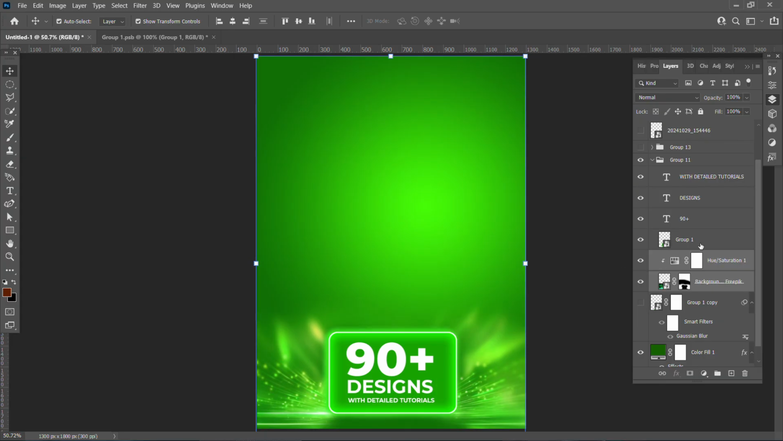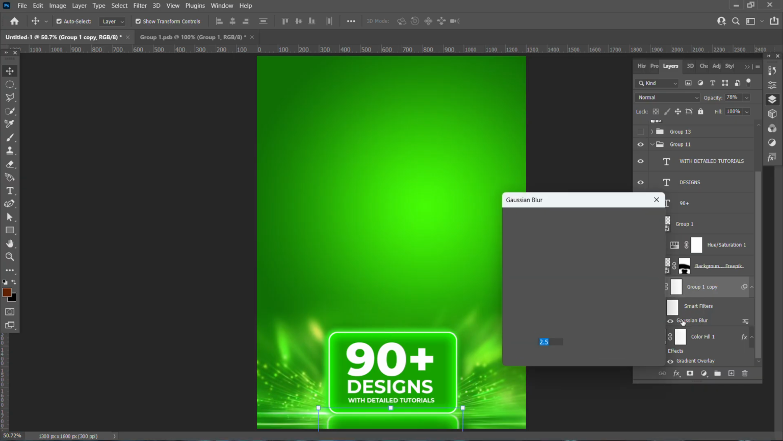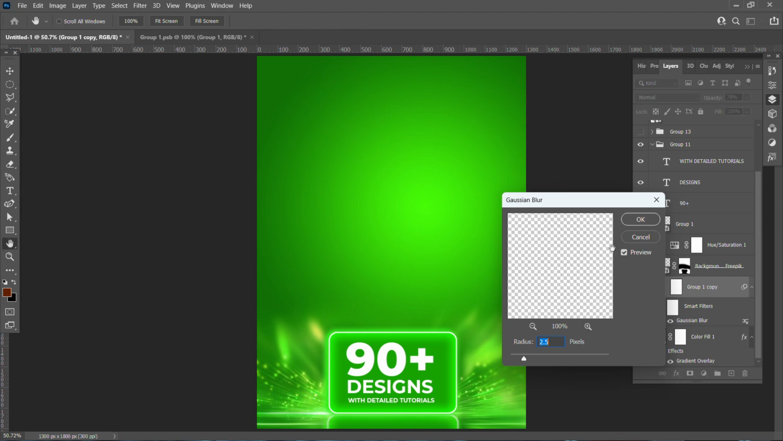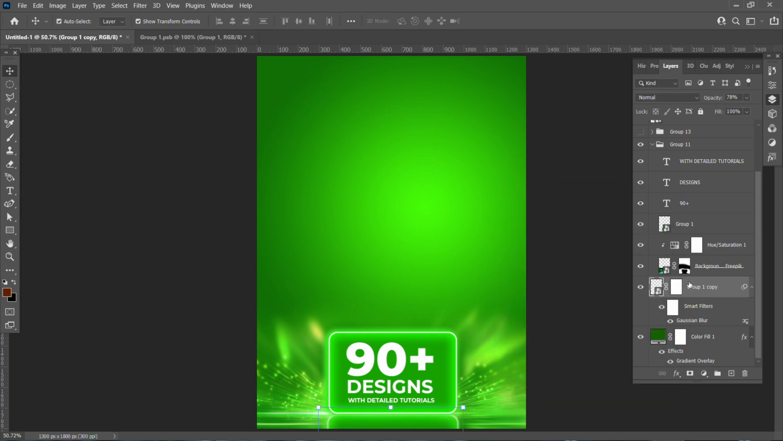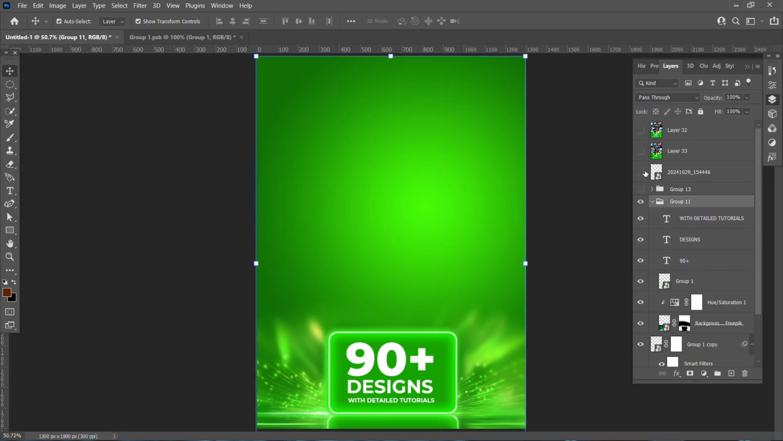Next thing I did was to bring this up. This guy is the rectangle. I duplicated that and I added a Gaussian blur to it. This is it. After that I went on to start adding my designs. Then let me just open up the eye of this guy. I brought in this